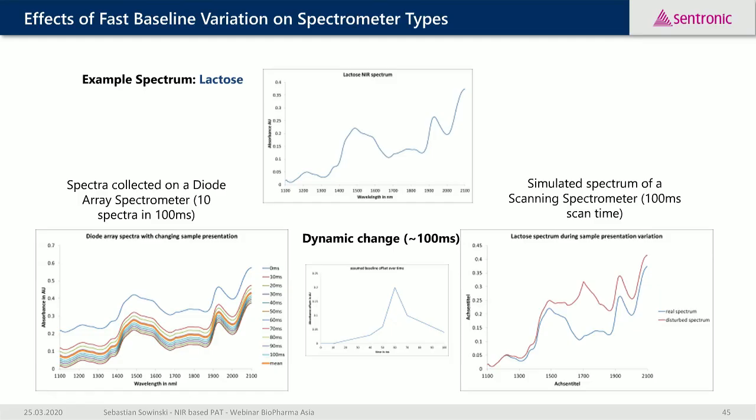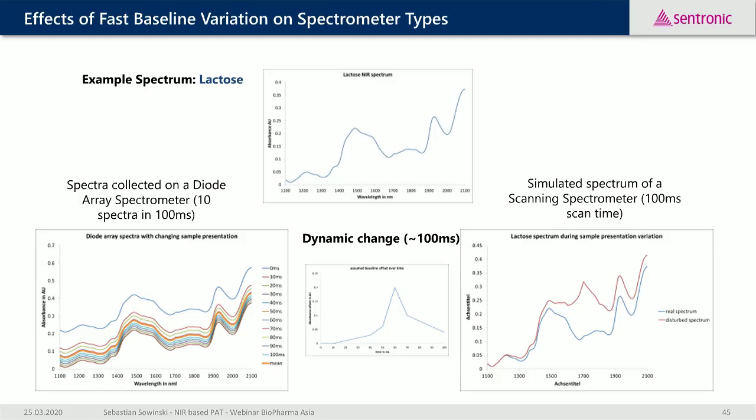And the offset, which is visible here, is due to changes in the sample presentation. It could be just the distance between material and probe, but it could be also the amount of material which is moving by. And if we plot one wavelength here or the offset as a dynamic change within this 100 milliseconds, we can see what happens,